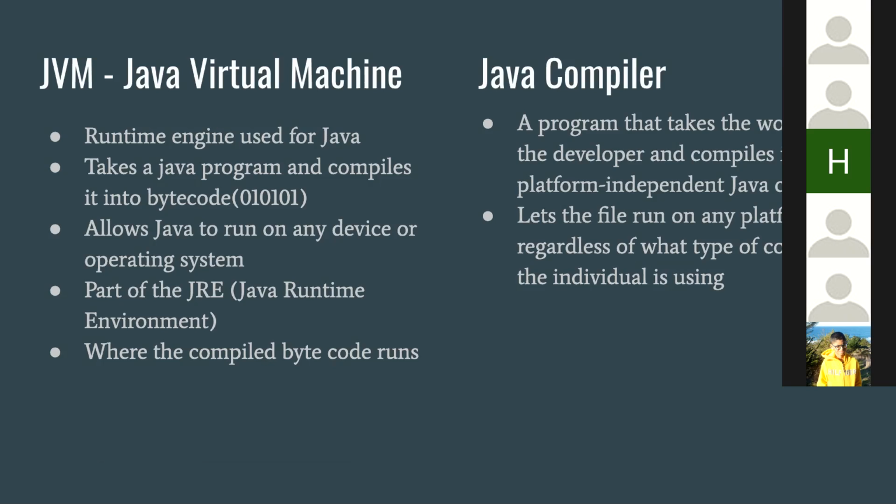Cool. So now let's talk a little bit about the JVM and the Java compiler. Has anybody ever heard of these before? I've heard of a compiler. Okay, so what do you know about a compiler? I think it basically compiles the program, and a compiler doesn't need like an application. I'm not sure. I think that's a pretty good and decent explanation.